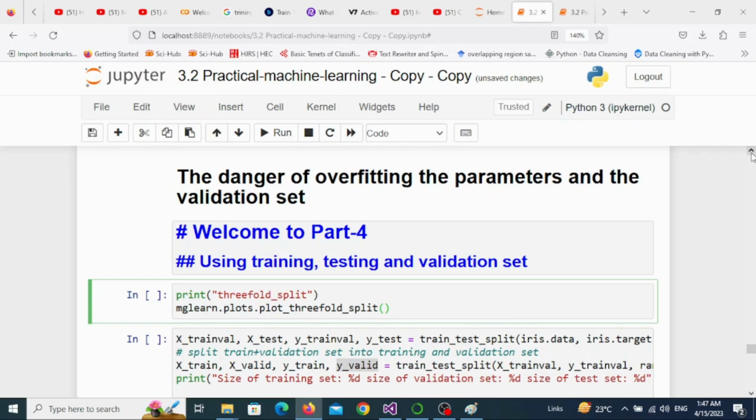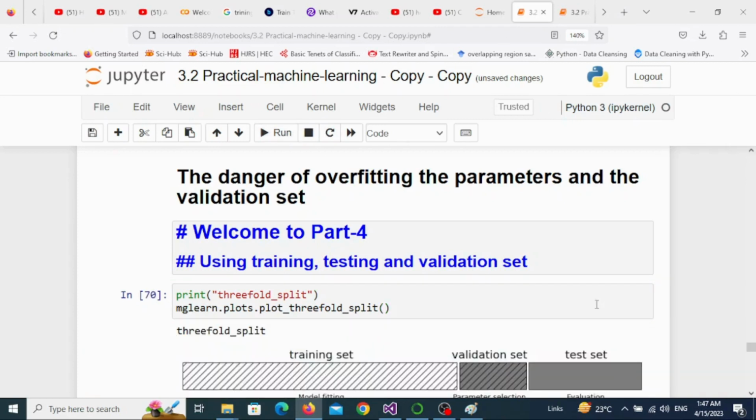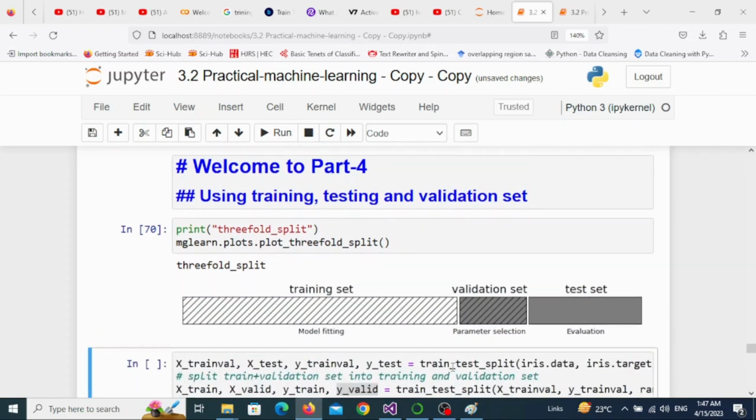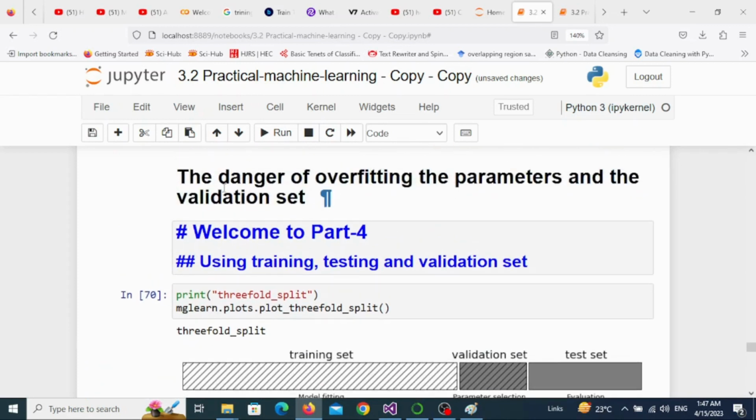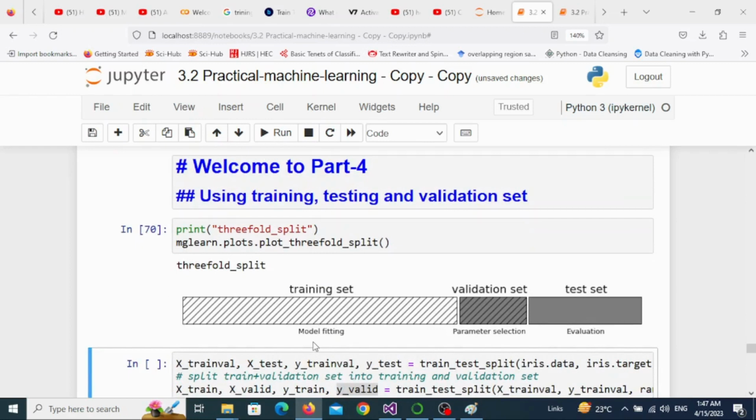This time we want to divide the whole dataset into 3 parts, that is training dataset, testing dataset and validation set. How will this be done? If you look at this, now this is the whole dataset, model fitting, the training dataset, validation set and test set. Why do we perform all these things? If you look at this, the danger of overfitting the parameters and the validation set. This is the model fitting, because